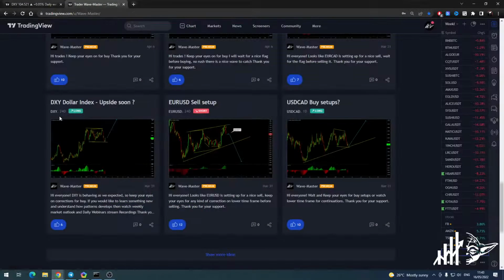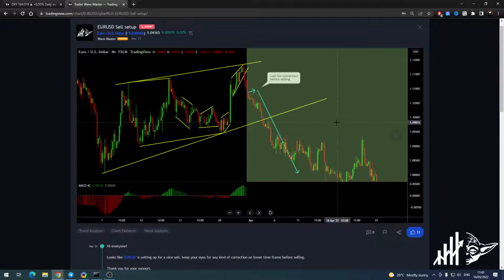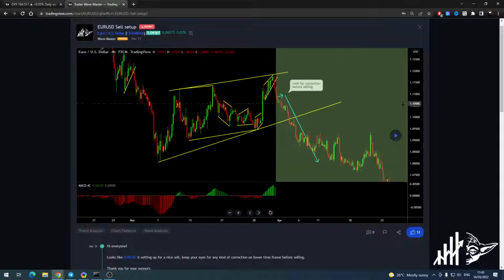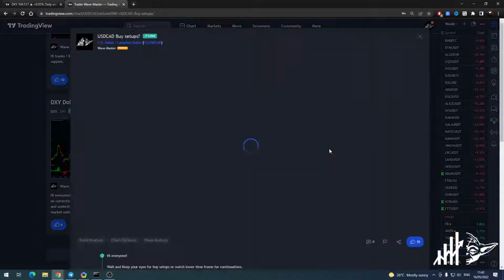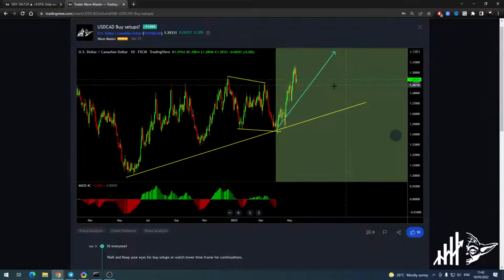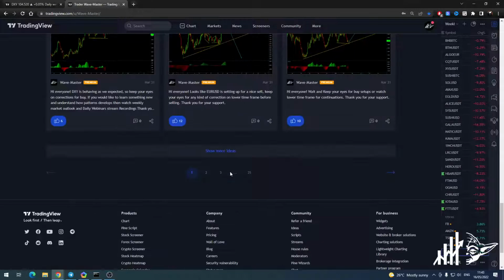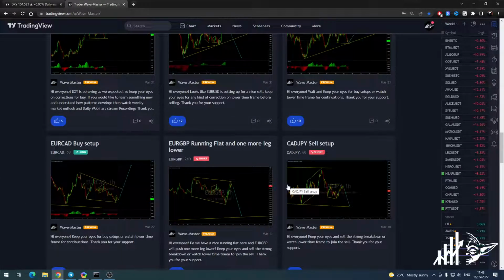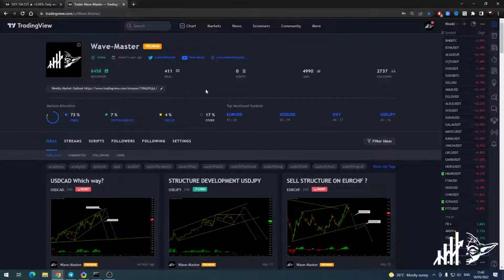Okay, so you see, this is why we are using wave analysis. It's such a powerful thing, such a powerful knowledge, and such a powerful understanding of market behavior. Okay, USD CAD went up higher nicely. See that one? Gone up nicely. So, yeah, you can easily predict those crazy moves, let's say like that. Okay, so your accuracy rate will be really high.